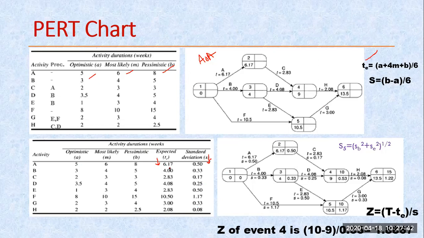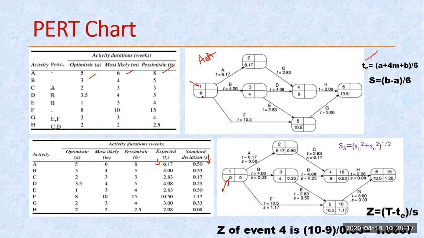Now we are going to write T and S along with this. Here you can see these values are written. Instead, in the critical path method we write a single value, but here we have two values. One is my time duration, another one is the standard deviation. After writing this, we assume this part is the event number. Same way we had written 1, 2, 3, 4, 5, 6, left to right, top to down.